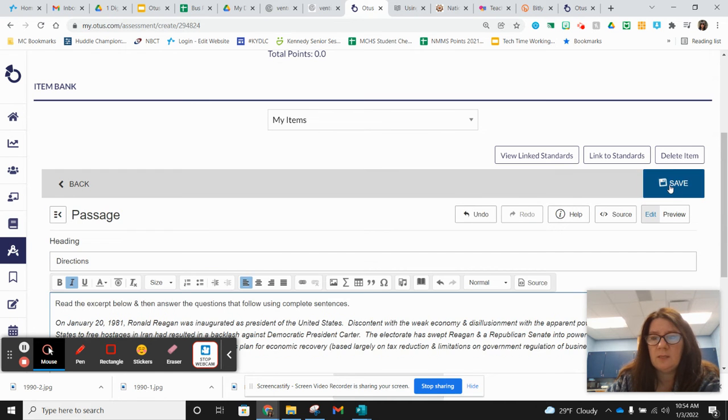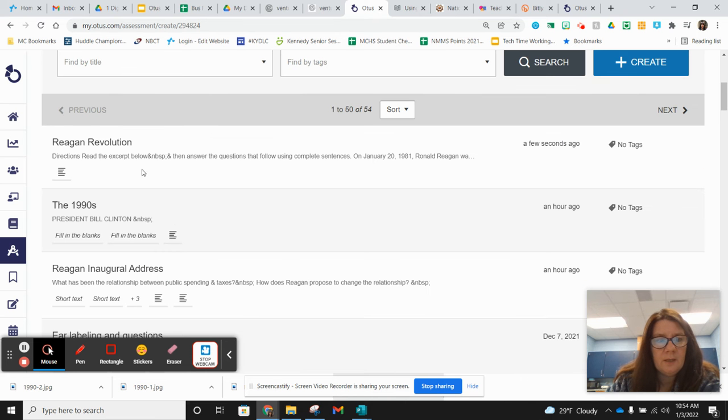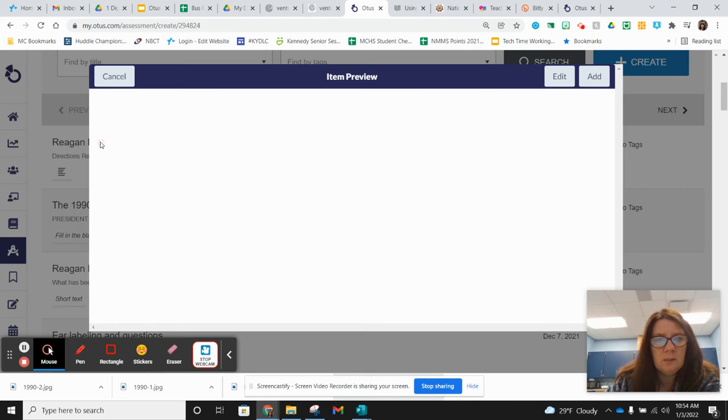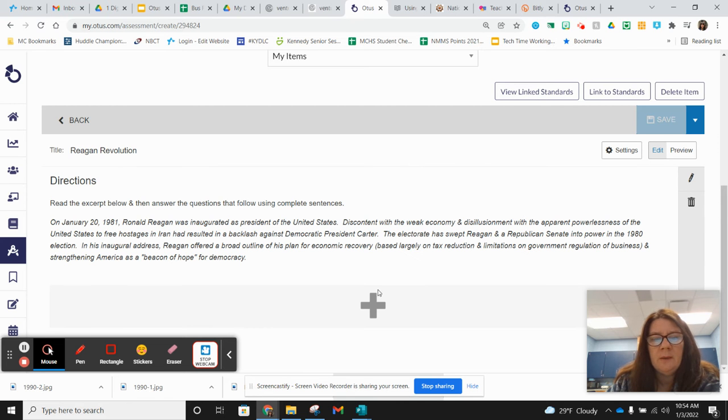So I'm just going to hit the save button, and then I'm going to click back into it and click edit, which is a weird little quirk about it, because what you need next, remember this is one item and I'm adding several layers to it. So that's layer 1, is just the directions. The next layer is this little plus sign right here, and I'm going to click it,